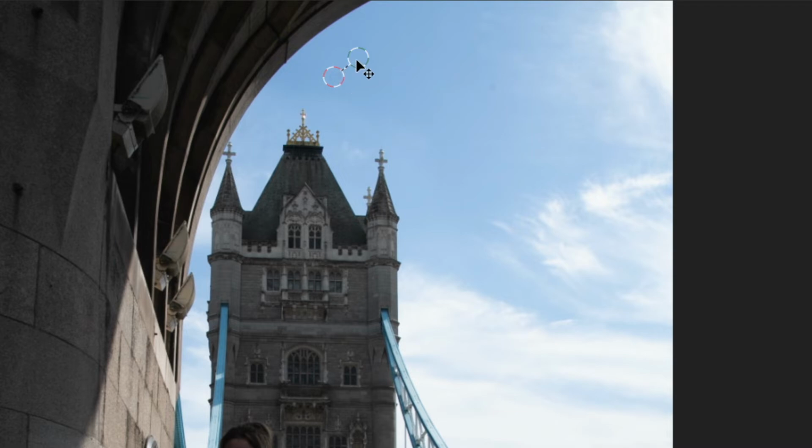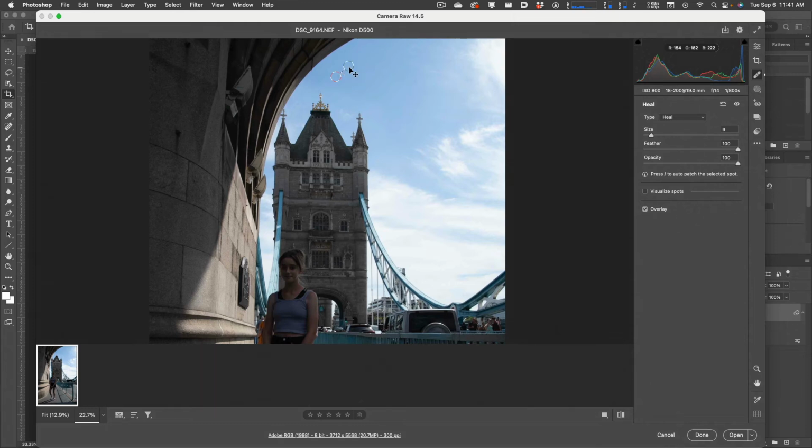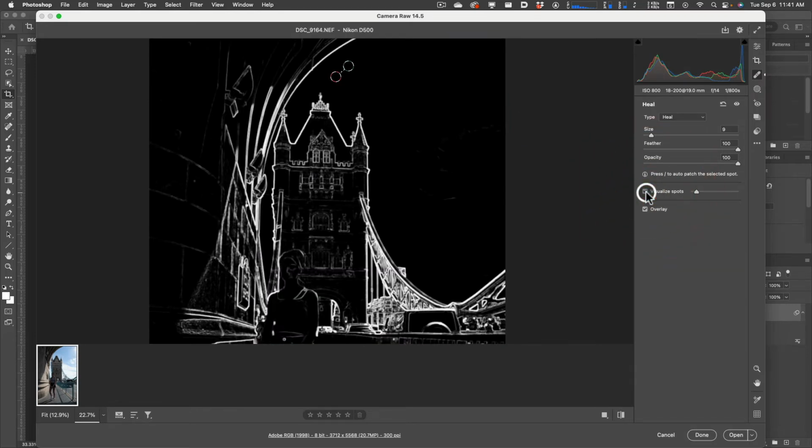You can move these individual spots, these circles, around. So the red is the spot you're fixing, and the green is the one that you are sampling from, kind of copying from. It's not a direct copy, but it takes the color and the texture and things and tries to fix that. If I click on visualize spots, right there,